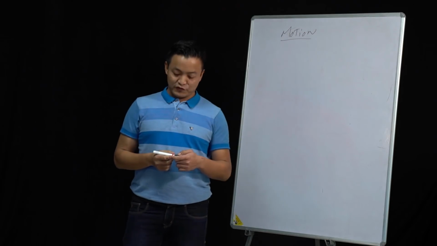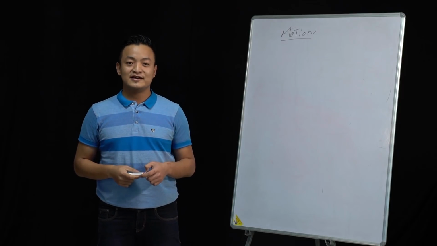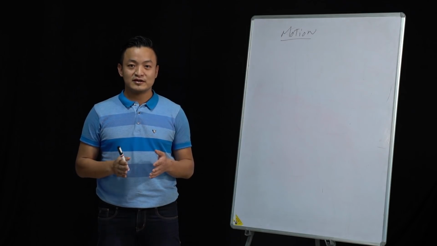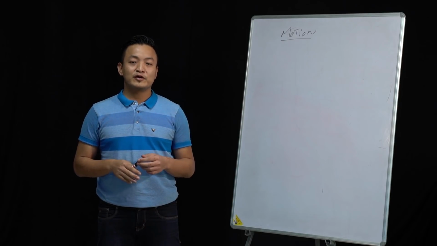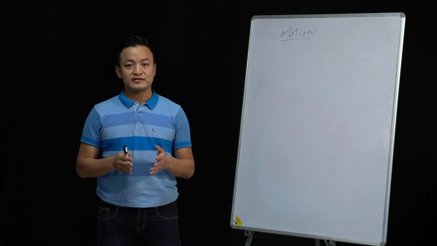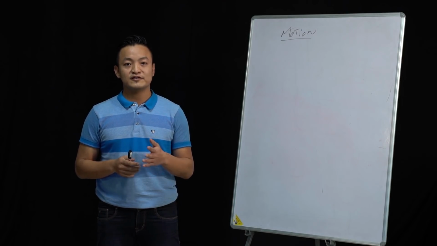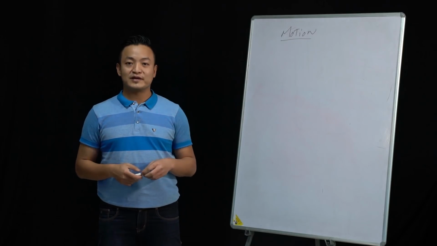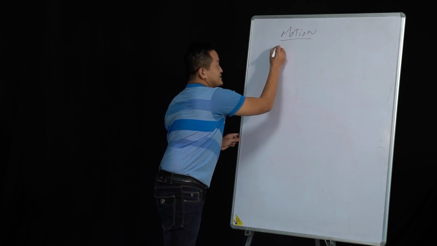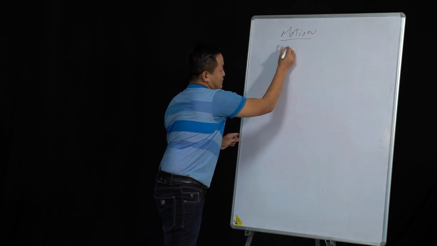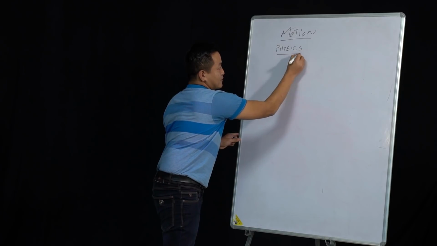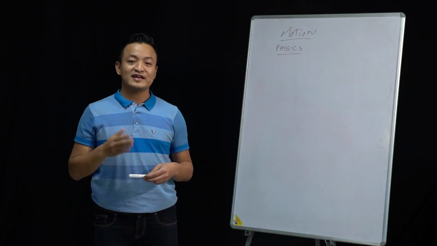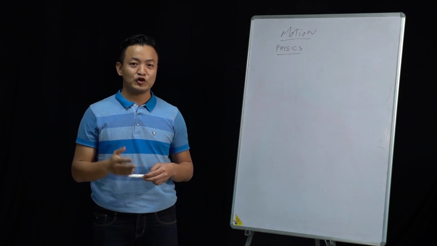But first, before we start, what is physics? Since till class 8, you have studied general science. But now in class 9, we have divided it into 3 different types: biology, physics, and chemistry. So what is physics in the first place? Physics is a branch of science that deals with the study of natural phenomenon.